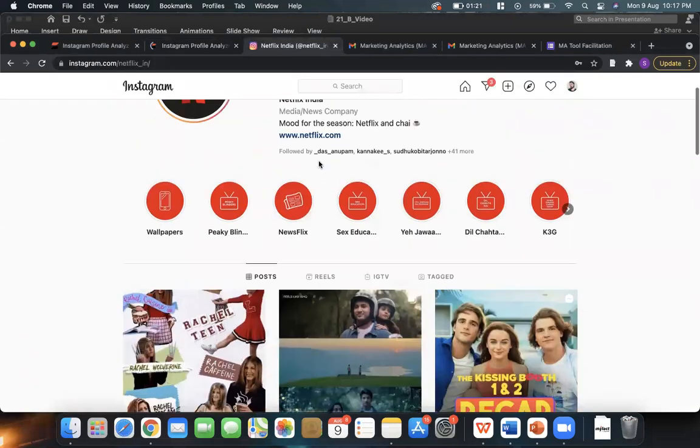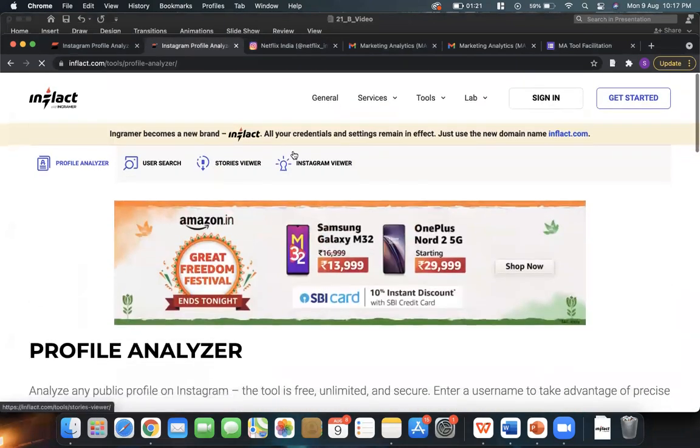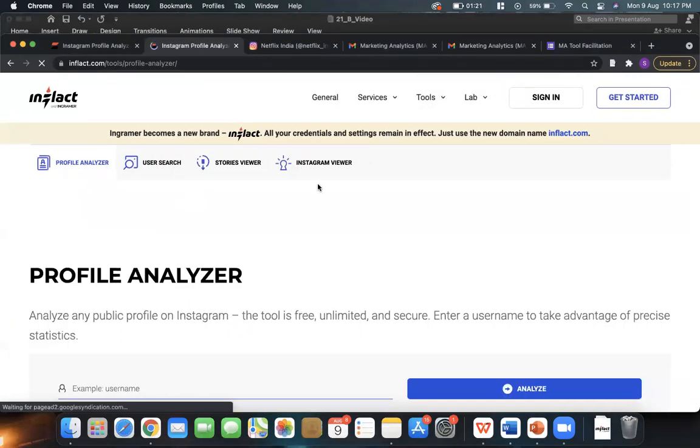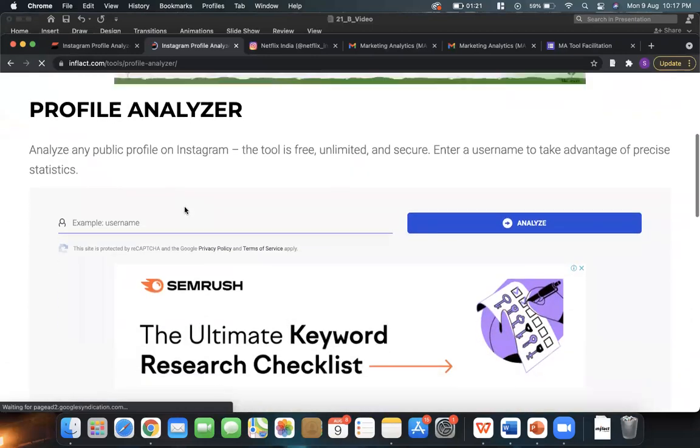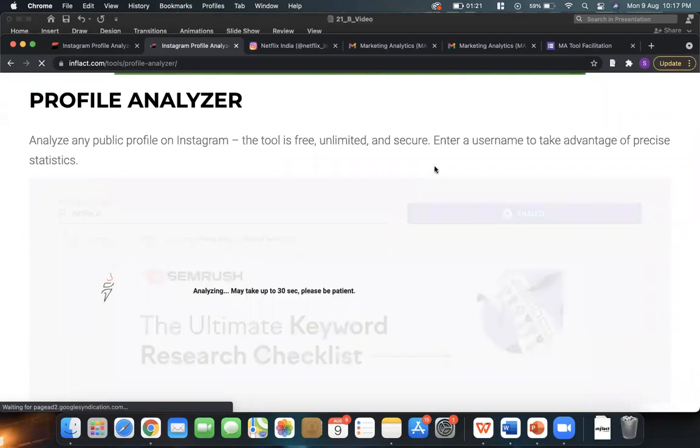First we have to take the profile ID of the page that we want to analyze, and we go to tools and then analyzer. In the analyzer, we then paste the user ID and click on analyze.